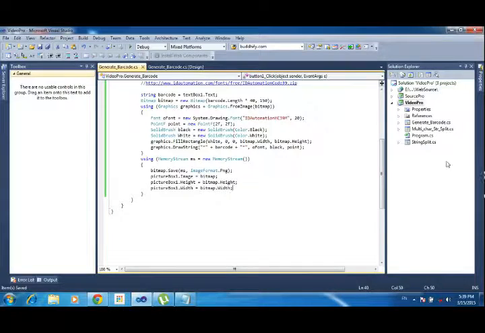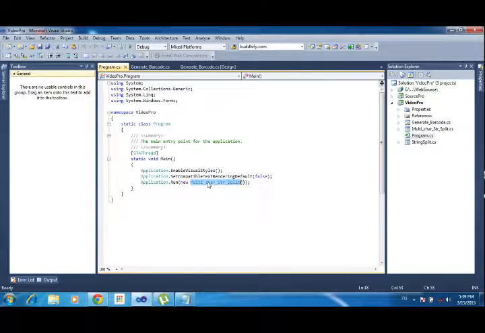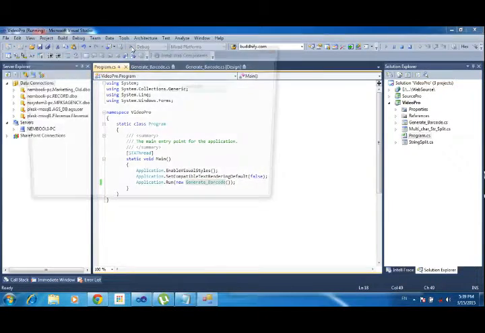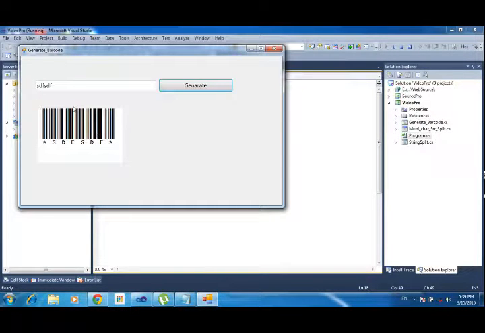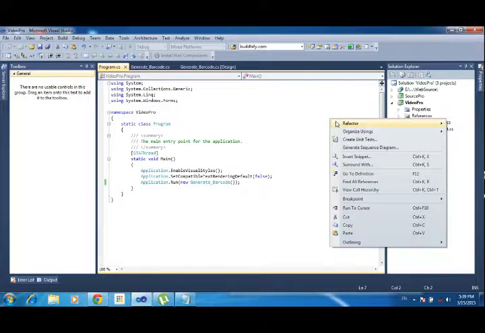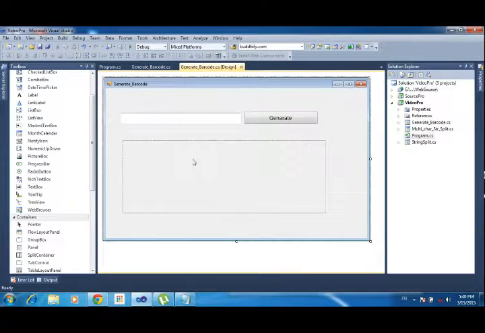Now I need to deploy this starting program to the generate form. So generate barcode, save and run the project here. Now I type any name and click generate. It will generate the barcode for that name. Okay, I need to change one more thing here.